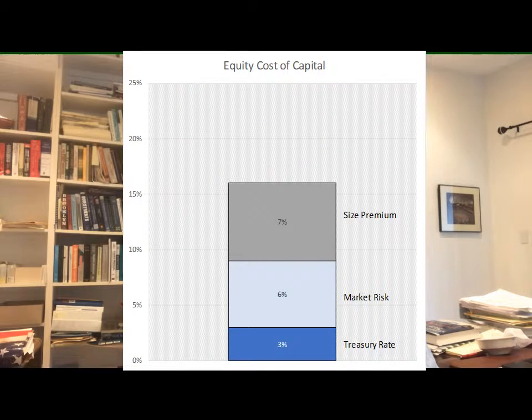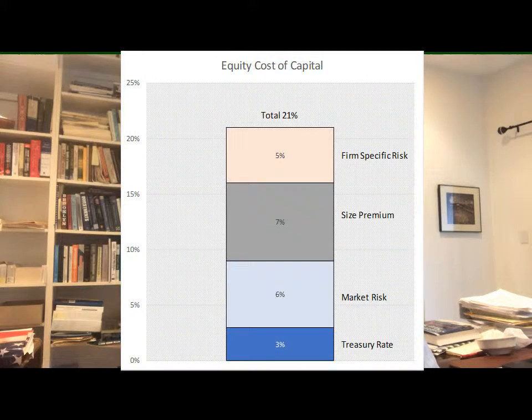Let's assume it's a small firm with a 7% size premium, so that's 16. And let's say there's a 5% firm-specific risk, so that's 21%. So what we're looking at is a cost of capital, just based on an equity basis alone, that is north of